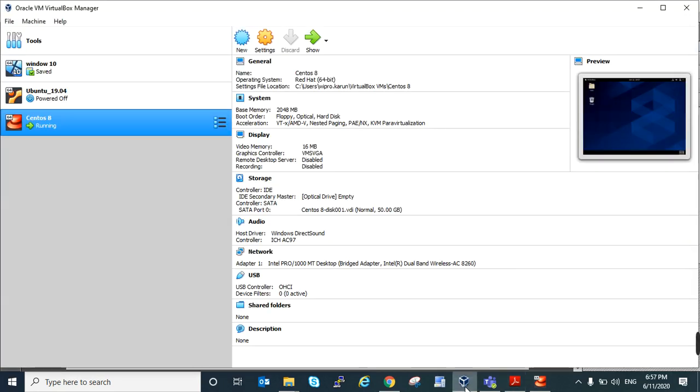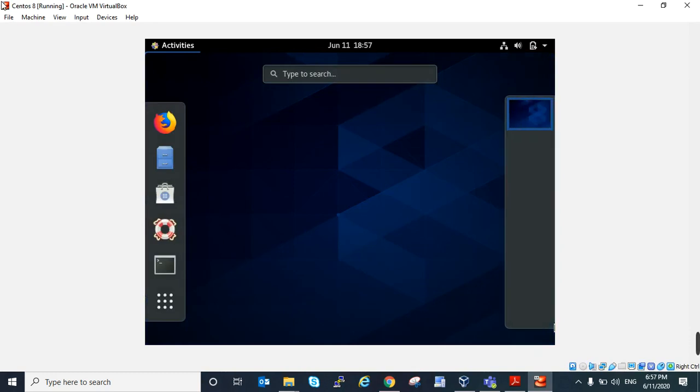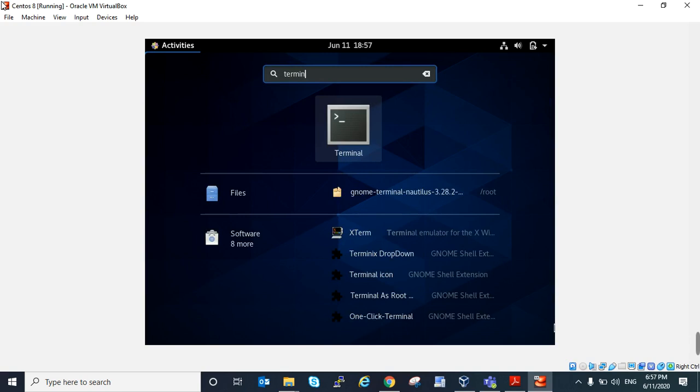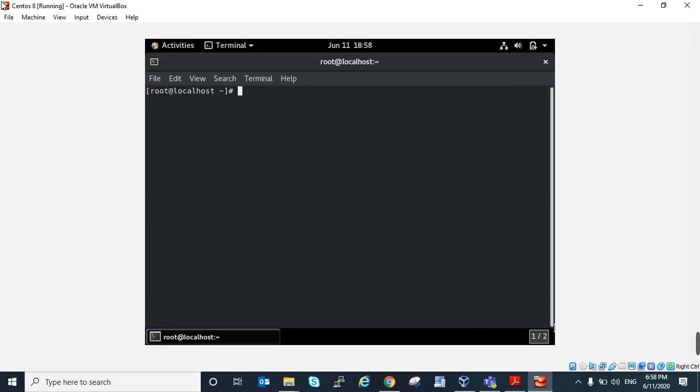First of all, I will tell you how you can open the terminal in your Linux machine. Simply click on the Windows button and you can see the application menu bar. One terminal icon is showing here. You can simply click on the terminal icon. Otherwise, you can search for terminal. Here you can see the terminal application showing. Simply click on the Enter button. Your terminal window is open.